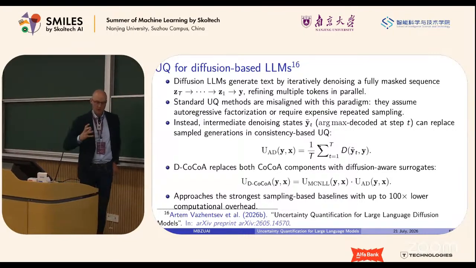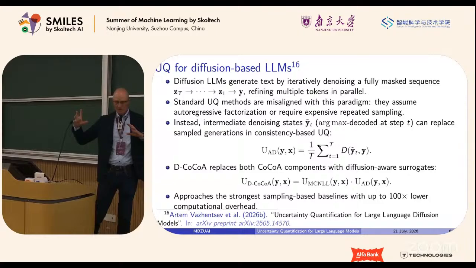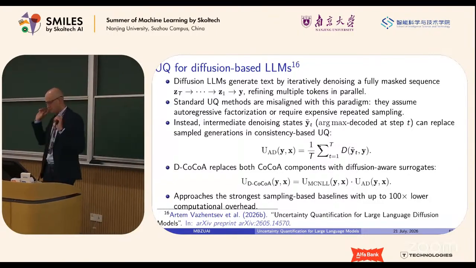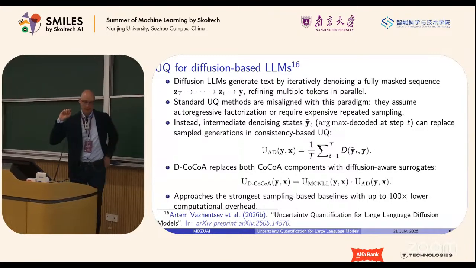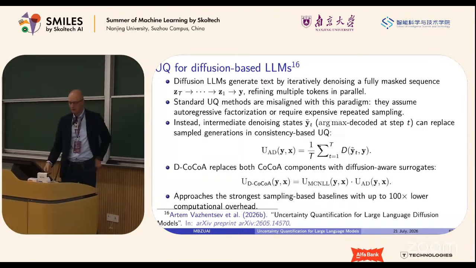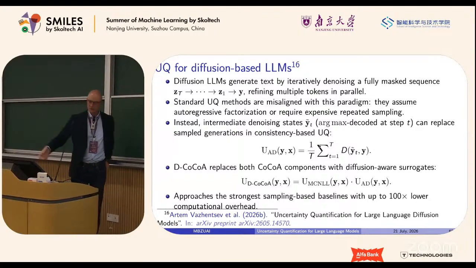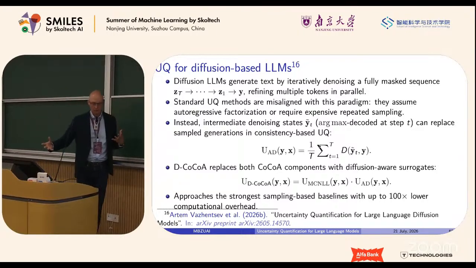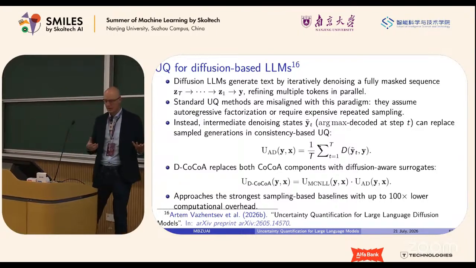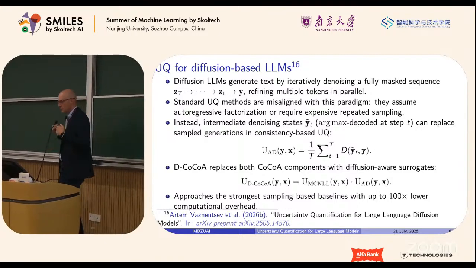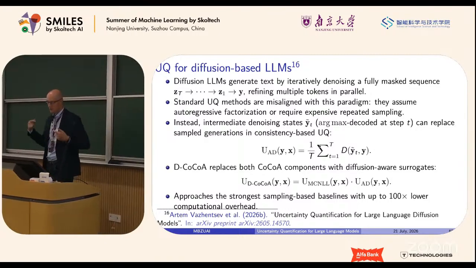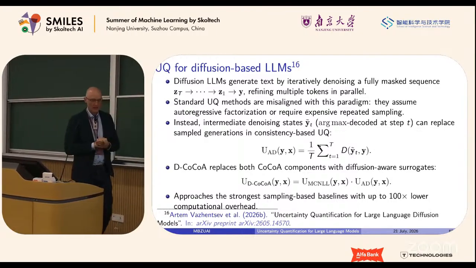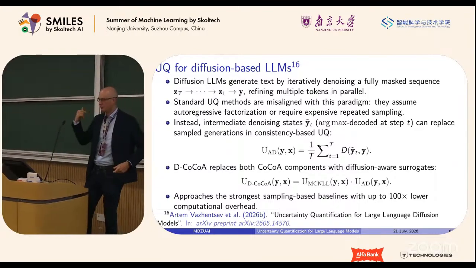But there is a case where these sampling-based approaches can give you a good uncertainty score without any loss of efficiency. And that's the case of diffusion-based models. In diffusion-based models, as you know, you have a trajectory of multiple samples from the language model. So you can reuse the samples to quantify uncertainty. So every time you have a diffusion-based model, you can have both fast generation and a good uncertainty score.